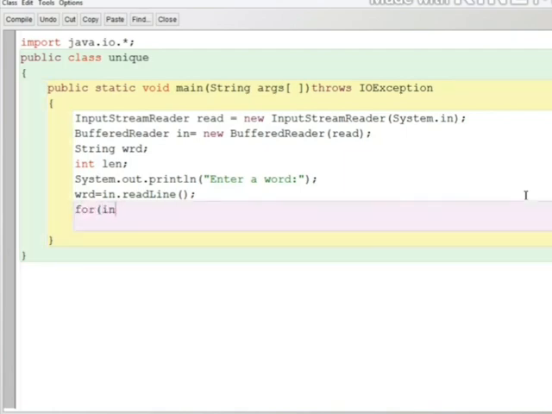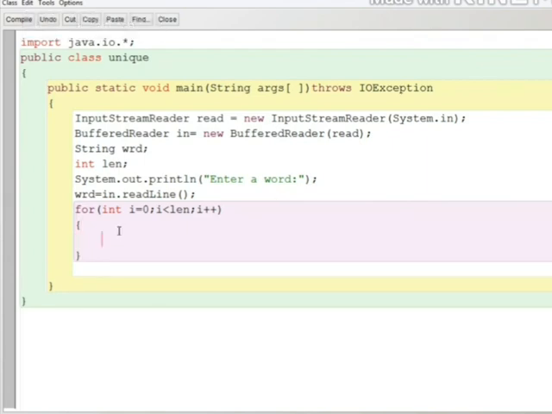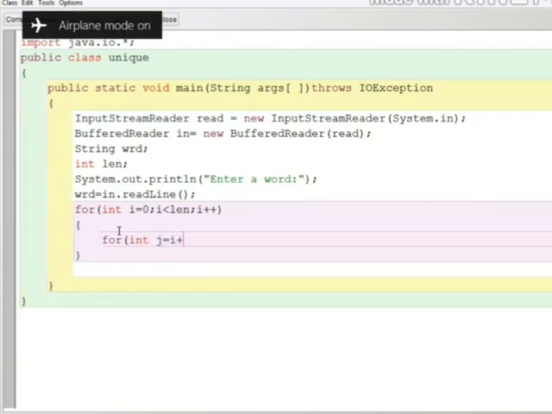But now, see, I am using a for loop to pick letter by letter. First I want to pick, for example, if I'm taking the word HOW, then I want to pick H, then O, with the help of the first for, the outer for. Then again I am placing a for, the inner for. Why? Because I want to compare H with O and W. But first of all I want to pick that O and W.